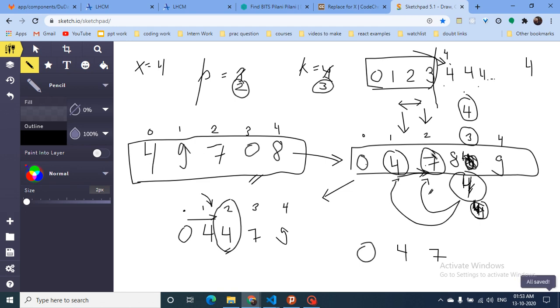Now, at the second position I want x, which is equal to 9, and the position at which I can replace is this third position. If I keep on inserting 9 at this position, 9, 9, 9, then it will append at the last of this 9. I hope you get my point, because the number will keep on appending at the position after the number that is greater than this number.